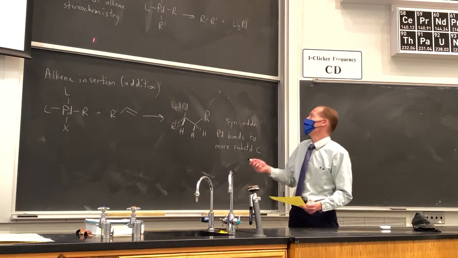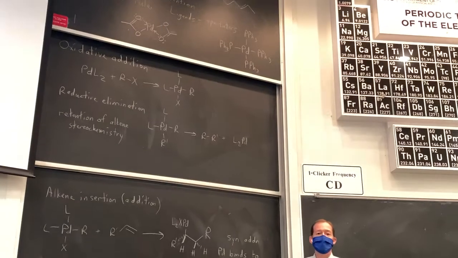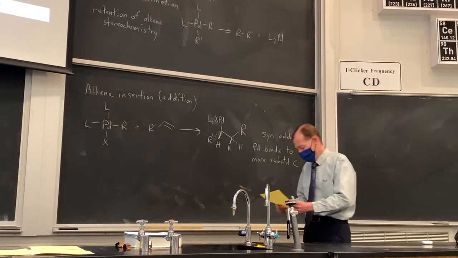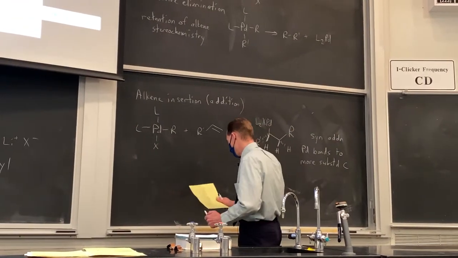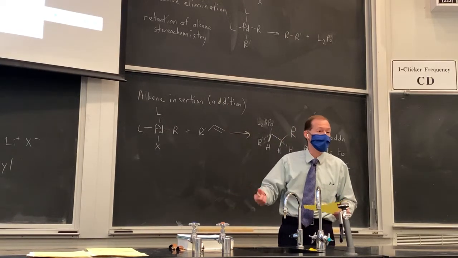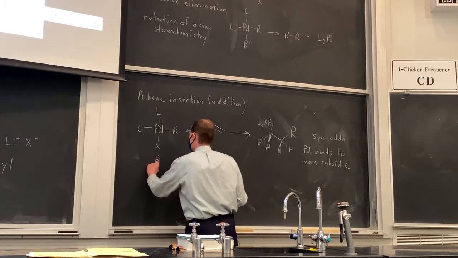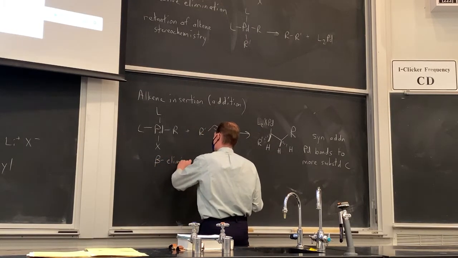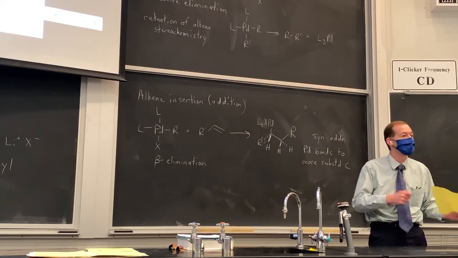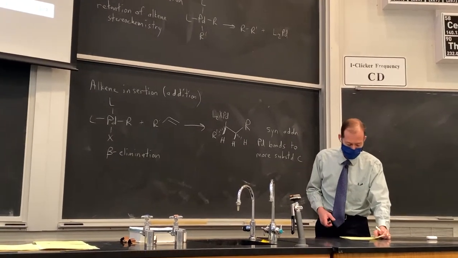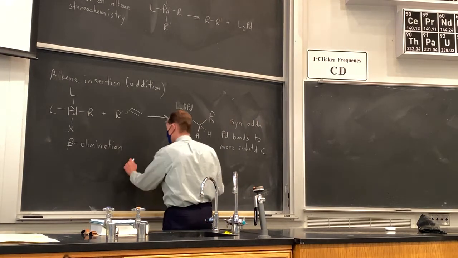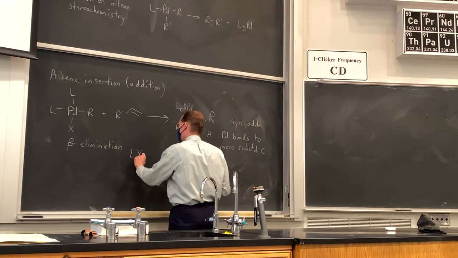All right, so in the same way that we had a pair of reactions here on this middle board, we're going to have a process that pairs up with our alkene insertion. Our alkene insertion is an addition step, so the reverse of that is going to be an elimination. And we're going to refer to that as beta elimination. It's often called beta hydride elimination because it's usually a hydrogen that is being eliminated in this process. Okay? So what we're going to have in a beta hydride elimination